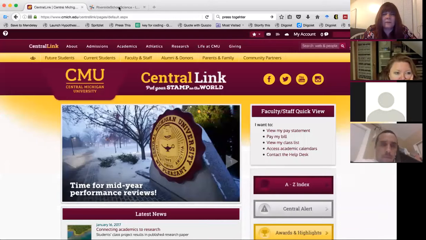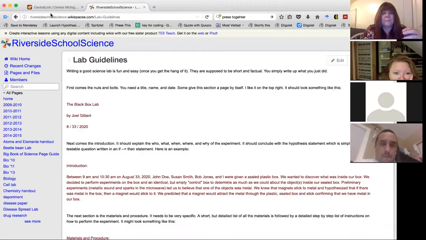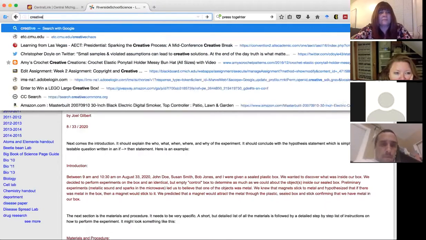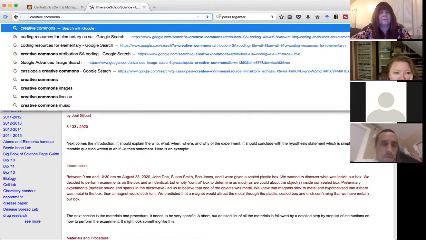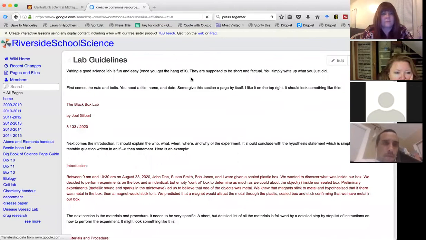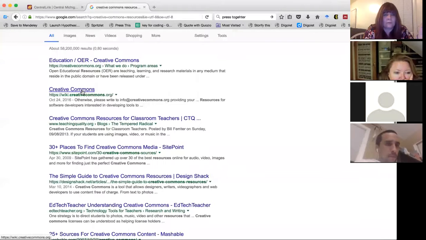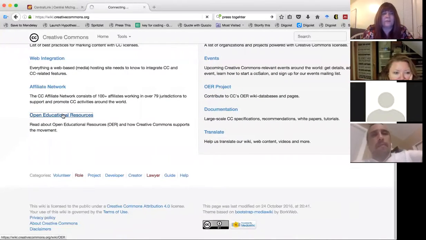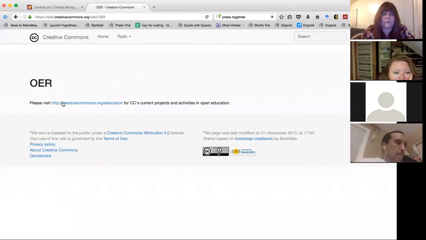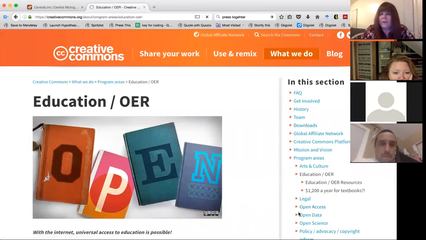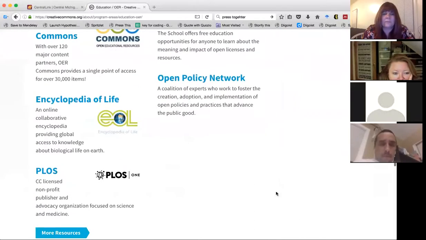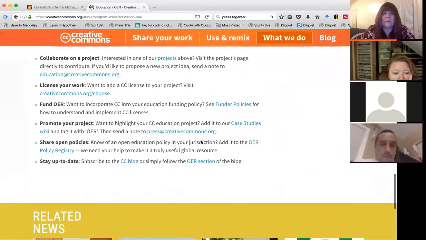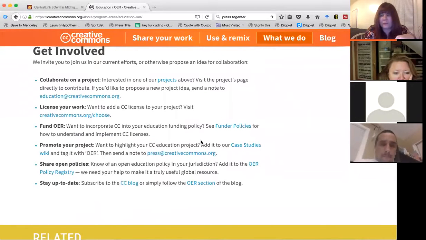Another way to do it: within the class, I give you a link to the Creative Commons site, and there should be a link within the class for this. It gives you a link to the information, and then a link to open educational resources, or OERs. Then they'll have all kinds of information in there that you can use. There are projects and things like that associated with this. There's also a page that allows you to sort through different types of it, and I have that linked within